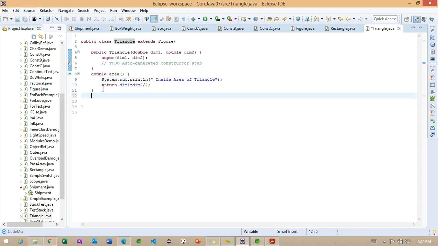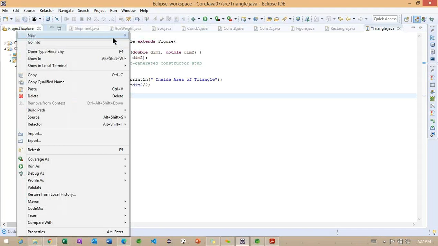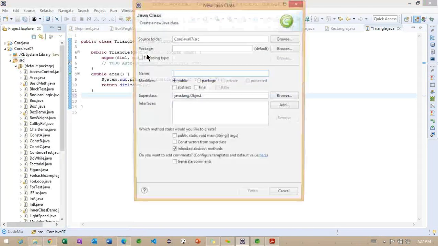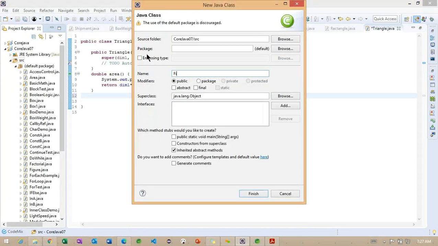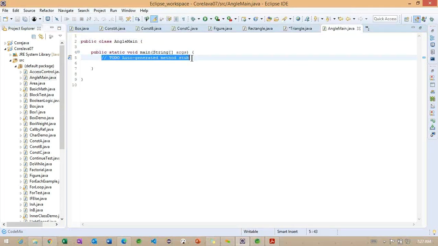Let me create one more class for our main class, something called figure triangle. So this is our main class I'm creating here.